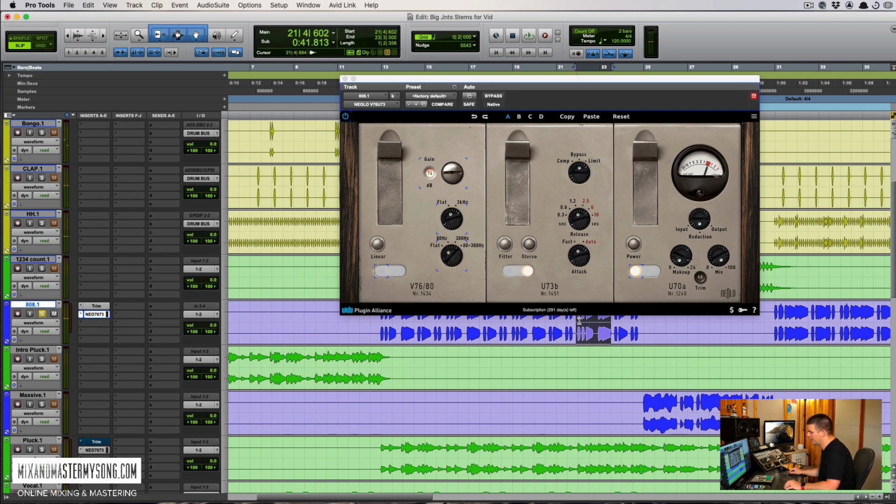So you can see, let me get rid of that click. I know that's annoying. You can see once we put the trim on, it kind of boosted it up a bit more and saturated it more, which I kind of dig. Let's try checking this linear